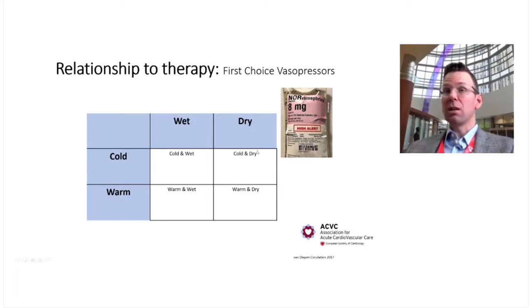What about relationships to therapies? I think for most forms of shock, norepinephrine is the first go-to agent. And for most cases, yes, if you're warm and wet, go to it, with the exception of anaphylactic shock, which is quite uncommon in our practices. But if you're warm and wet and you're dilated, norepinephrine is pretty safe. If you have mixed shock states, I'll say norepinephrine is my first line almost always, and it's fairly safe to use. Now, if you're cold and dry, you have to think a bit more carefully.